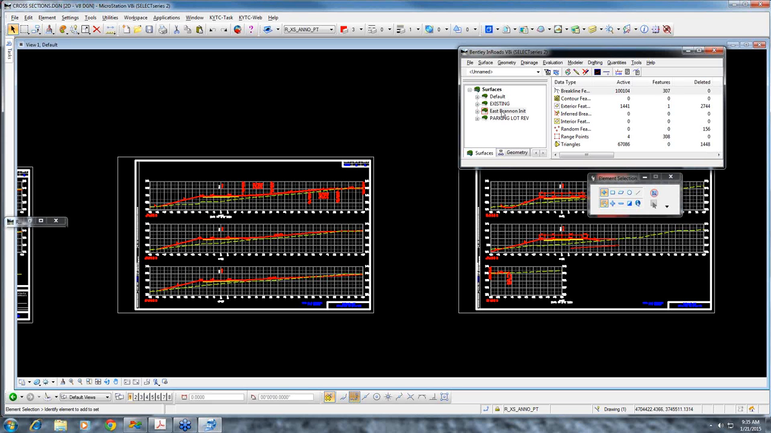Now, normally you don't use this on existing surface, and the reason for that is I don't know if the surface was shot in with random points or break lines. It's usually a combination of both. But what we'll do is go in here and I'll update these cross sections to show you what it'll look like if you use the update only on the features. So you like